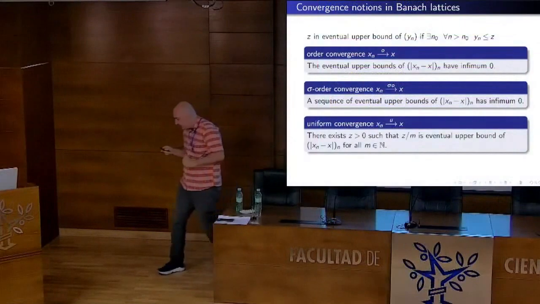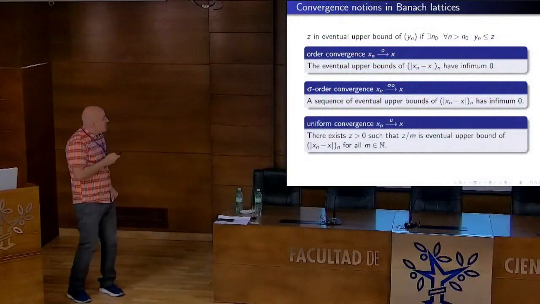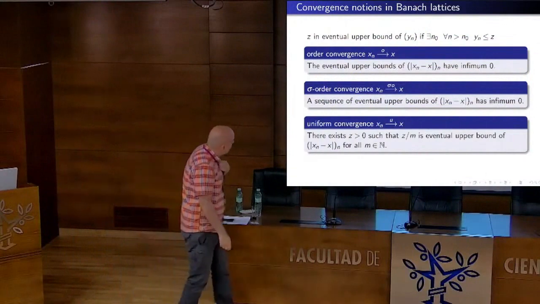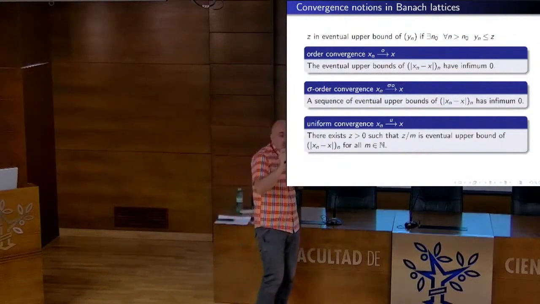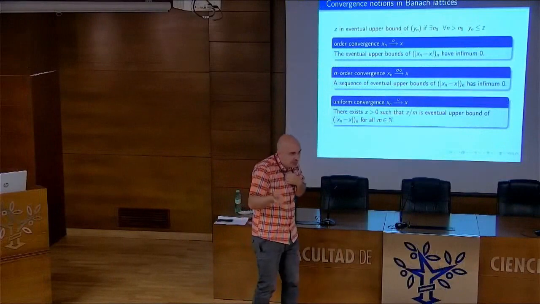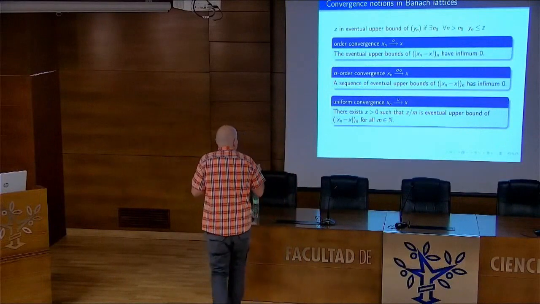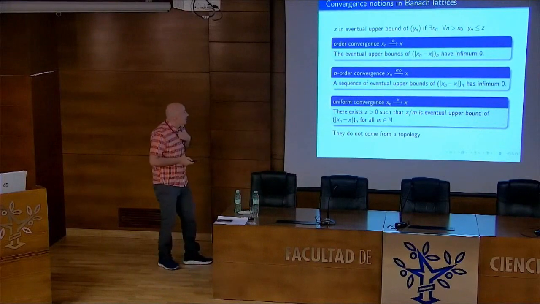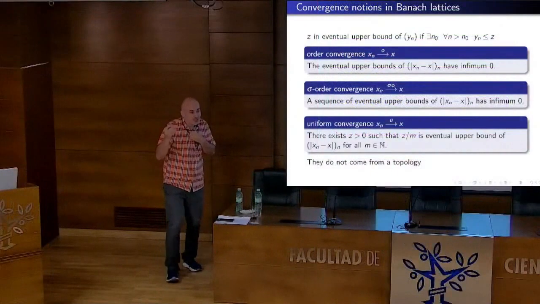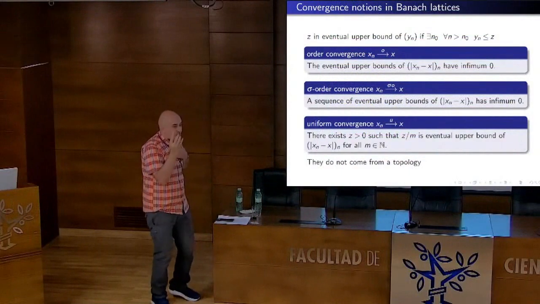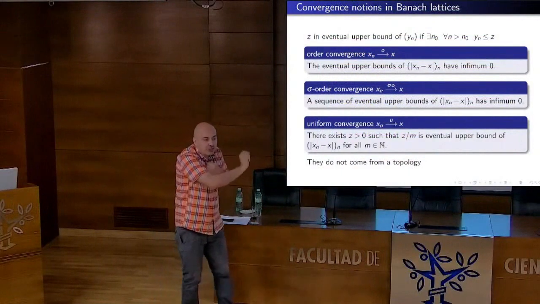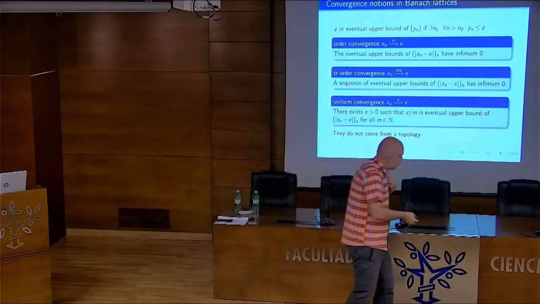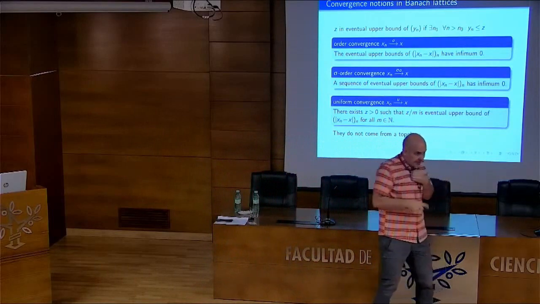Okay, so people have been manipulating these kinds of convergences in a Banach lattice, because we have this order, so we have more notions than in Banach spaces. An observation is that these definitions are called convergence notions, and they are not called order topology or sigma order topology, because really these are not the convergence notions of a topology. You cannot define a nice topology that makes these the convergent sequences.